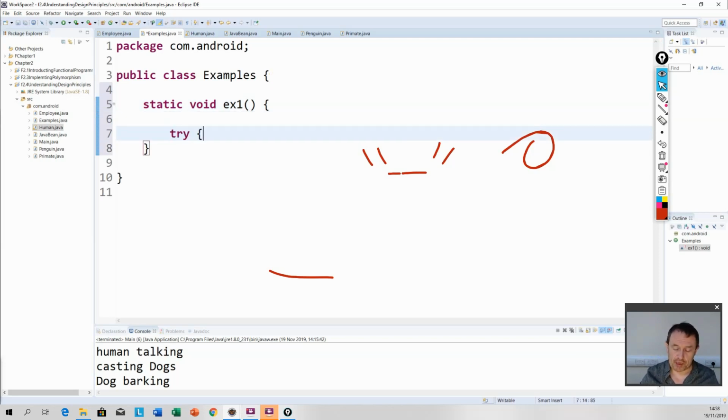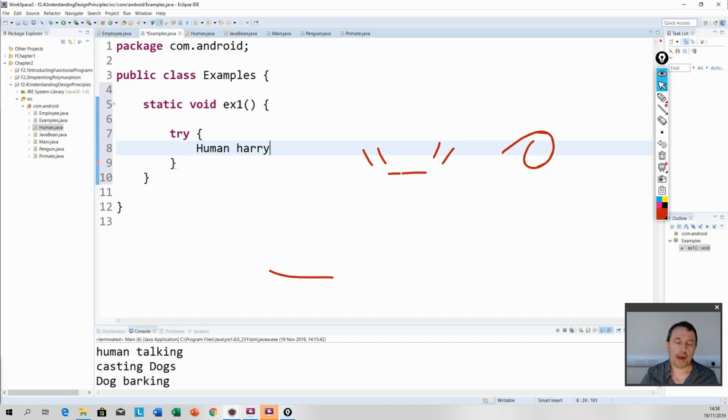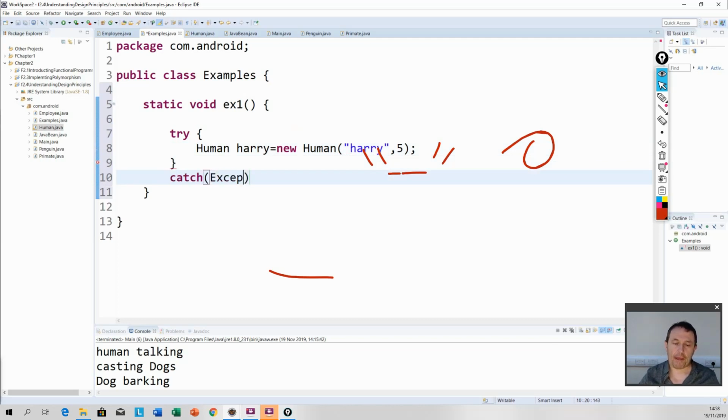So I'm going to go try. I'm going to go human array is equal to new human, and I'm going to pass it in a value of array, and I'm going to pass it in a 5. Okay, that works. So catch exception e